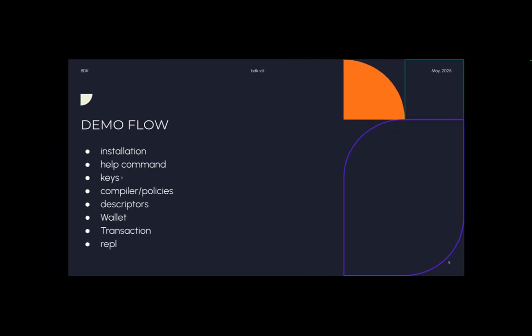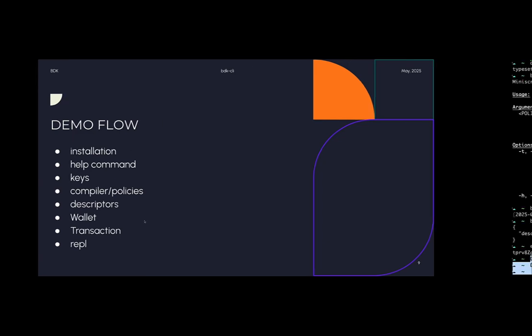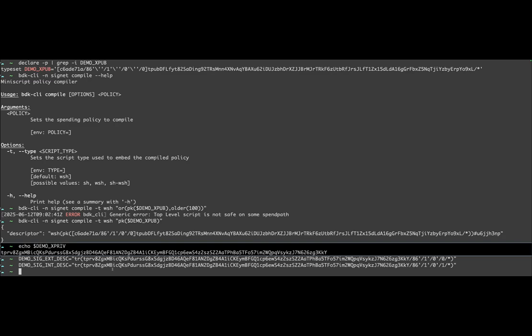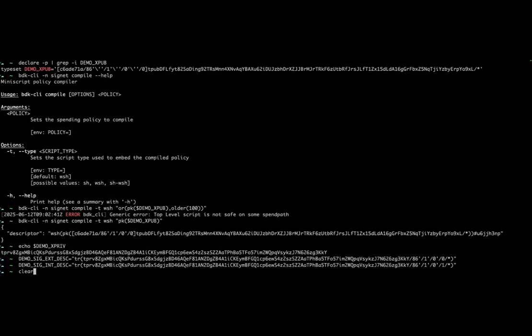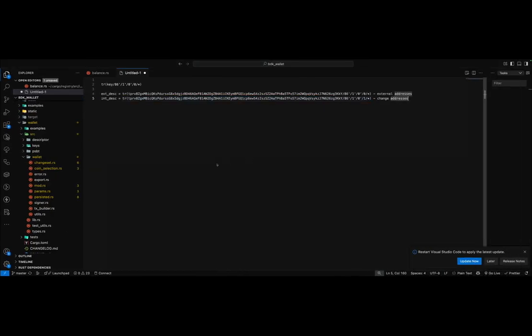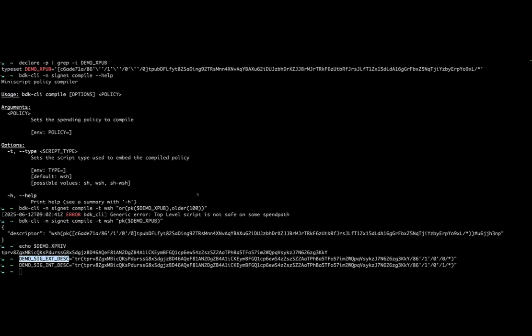create a wallet. So the next item on our demo flow list is wallet. So we are going to learn how to create a wallet, and then we can do that. So I'll quickly put these descriptor names into our notes, so that we can search for them whenever we need them. So I'll clear the screen, and then I will say